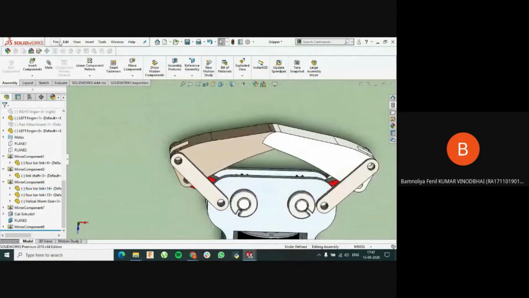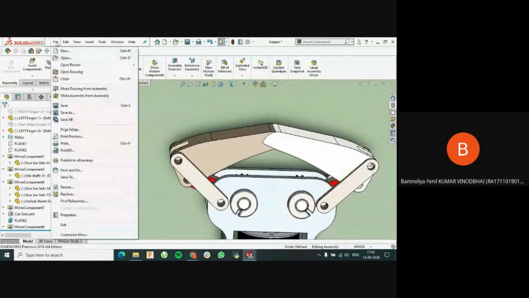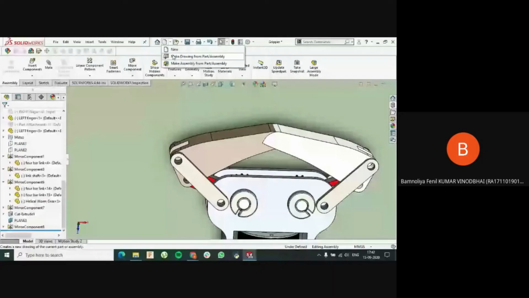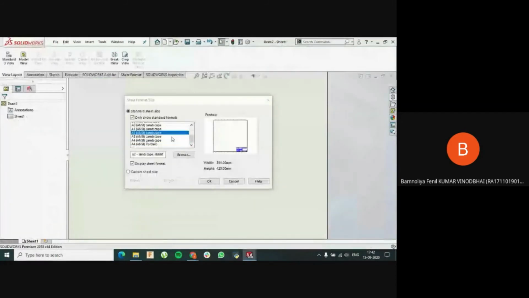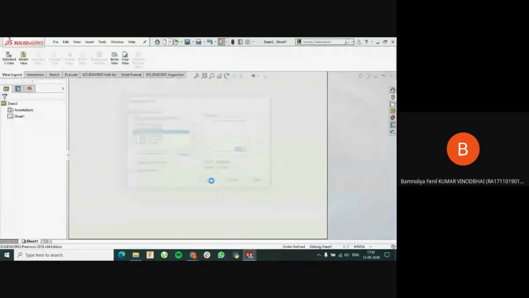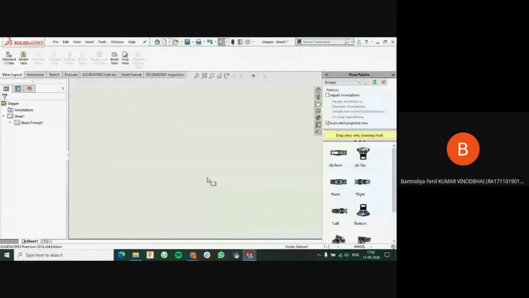So just go to here, open, make drawing from this part and assembly. Just click on that, and it will ask you for the paper size, such as A4 size paper or A2 size paper. So choose accordingly. Okay.